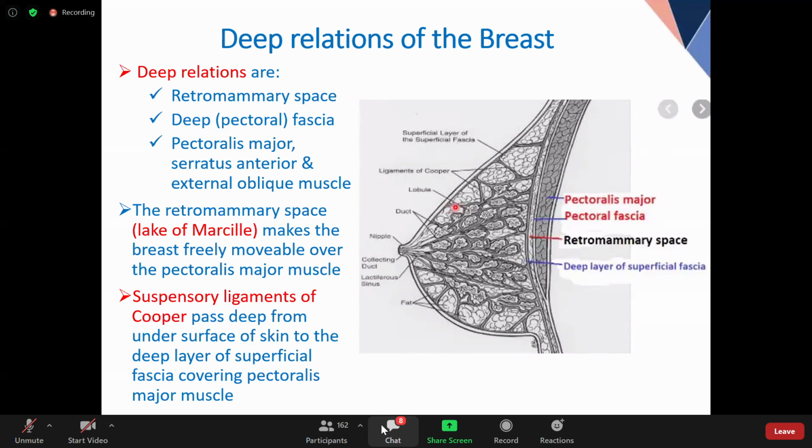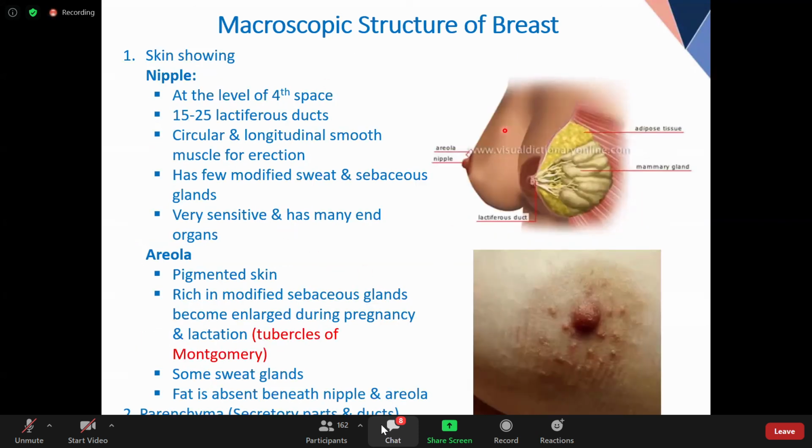Now, next, look at this. Macroscopic structure, if we see from the side, it's very clear. We see some landmarks. We know that almost in the center of the breast, there is a conical projection called the nipple. It is surrounded by a pigmented area of the skin called the areola. So there are some points related to the nipple and the areola, and then this is the skin. Under the skin, as you can see, this is all adipose tissue, which is the superficial fascia. This is actually the breast. So because if you remember